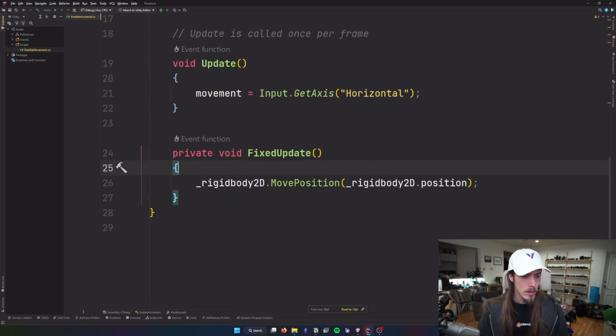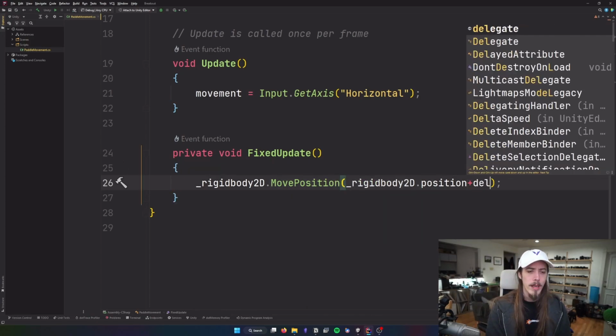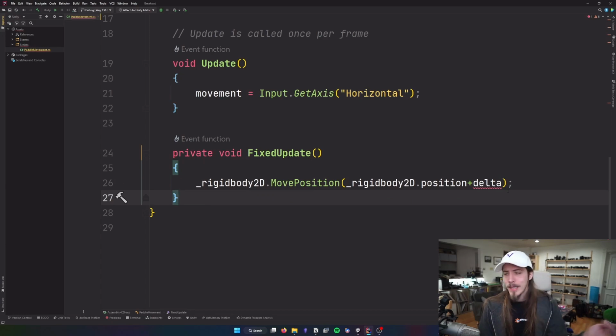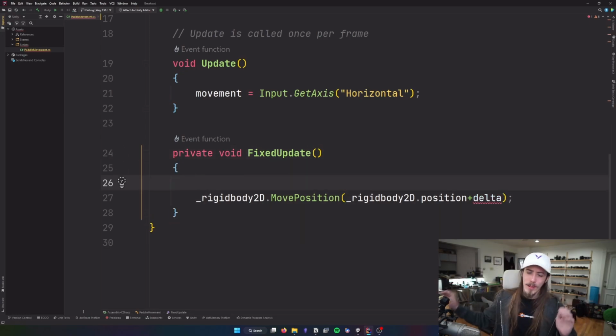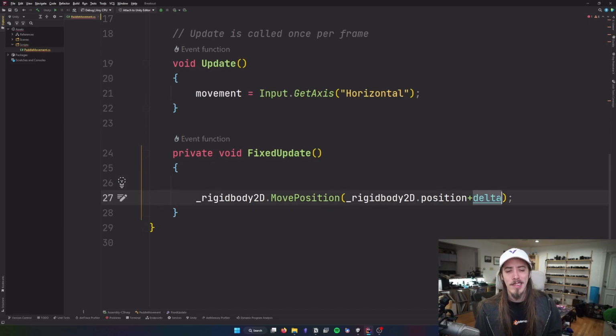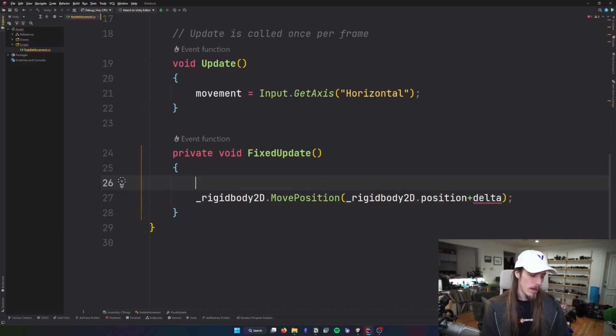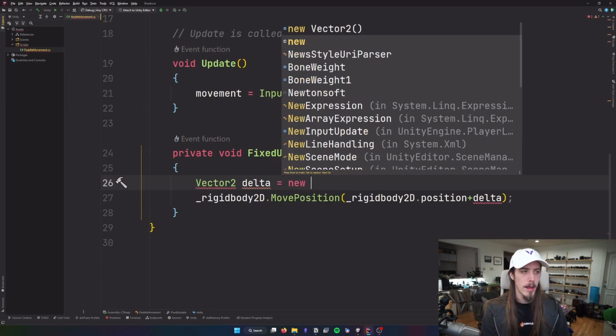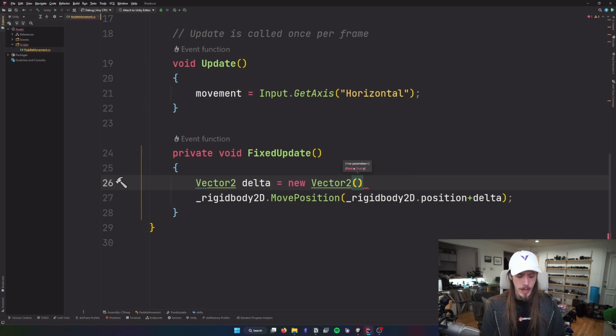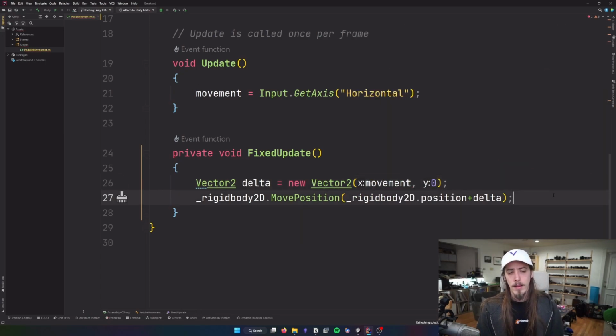Okay, so here we're moving it to our current position, so we don't actually move it anywhere. We need to offset its position by some amount. So I'm going to make a variable called delta just so I can keep my code off of having one really long line that'll go off the edge of the screen. But you can type this part right here, which is a Vector2 delta, and it will be some amount of x, like movement, and some amount of y,